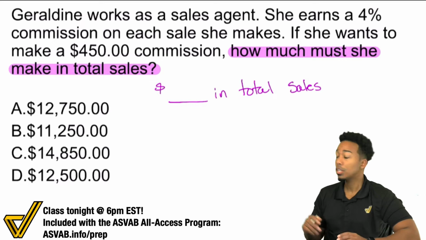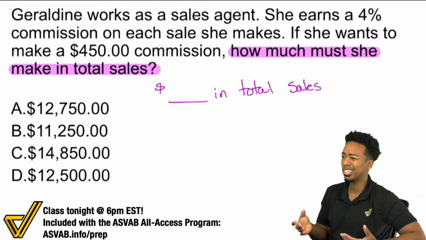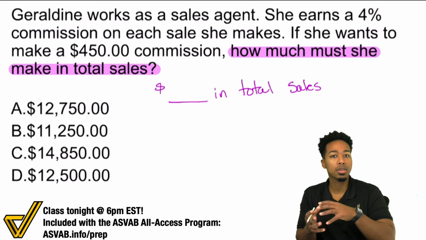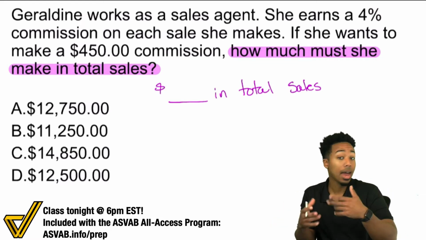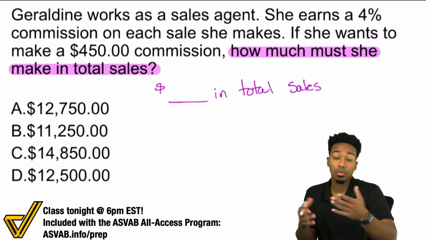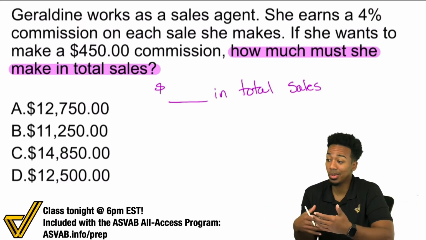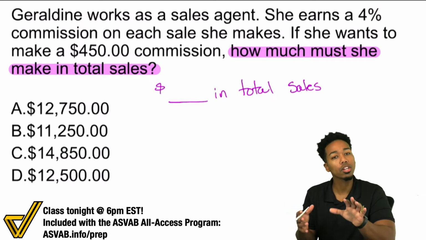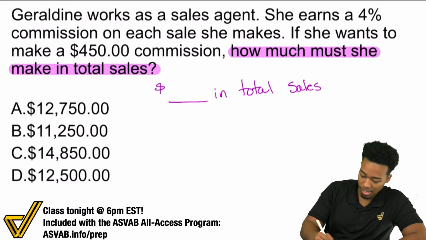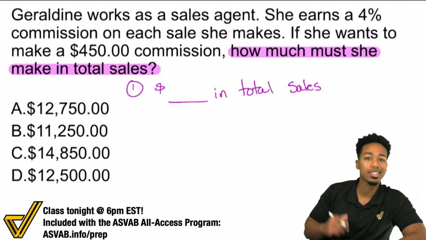Now, you may be looking at the word total and thinking, well, we're going to add something up, right? Be careful. Total just means the entire amount. A lot of the time, yes, it does mean added up to get there. But other times, it really depends on the topic and on what we have to work with. So we're looking for the total or the entire amount. Step number one in every word problem is, what is it that we want?